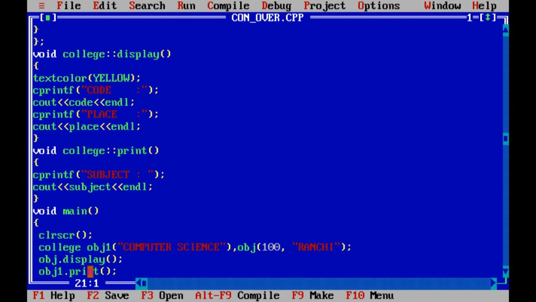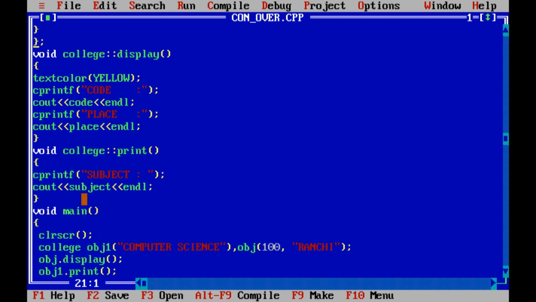As this execution completes, we will return back to the next line. Display is executed, now on to this line. Now obj1, using which we have passed one parameter. We will call print, and print also has the statement which will display the value of the constructor.